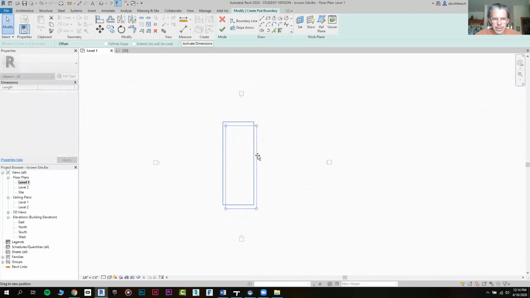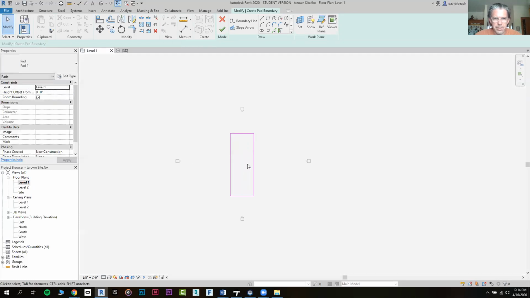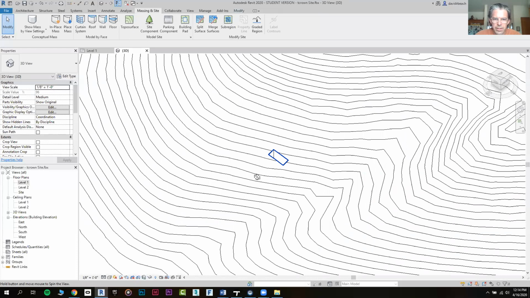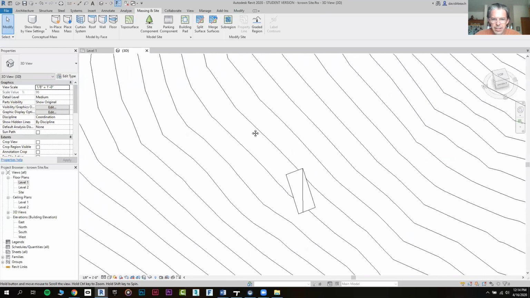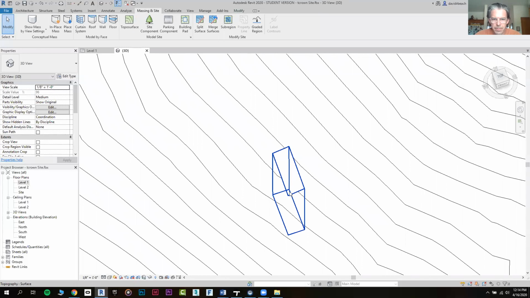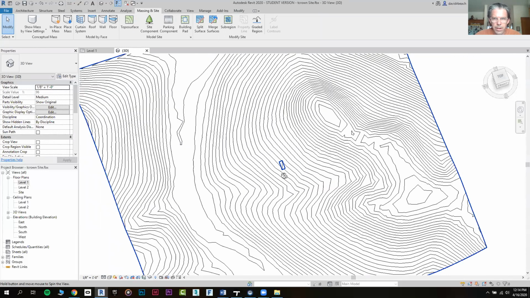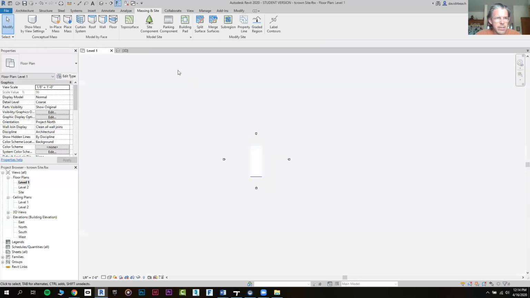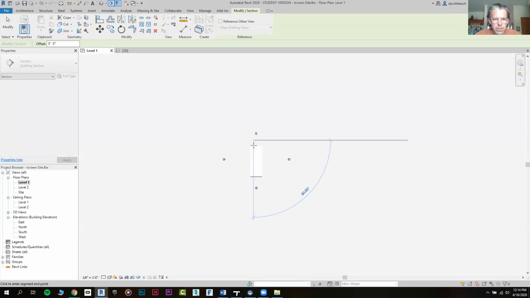And again, I'm not working through a high level of precision for this demo. I'm just trying to get things put together so everybody can see what's happening. So I've got a 30-foot by 80-foot box in Revit. And I believe what this is going to do is create a monstrous hole in the site. So one of the first things I need to do before sending this over, or really if I was going to work with this further in Revit, is level out the topography so that my level 1 is at 0, 0, 0. So the fastest way to do that is to cut a section